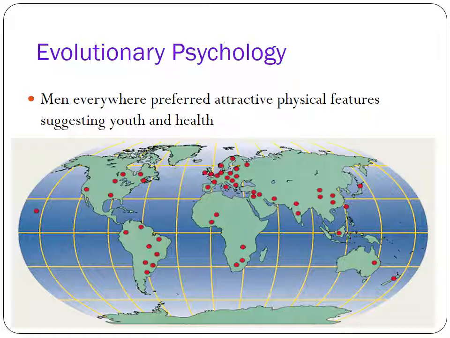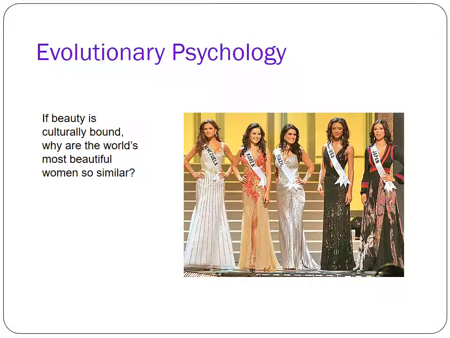Now everyone says beauty is in the eye of the beholder. That's true. But when men look for partners, they're looking for youth and health, whatever that might be for their culture. So when people make the statement that beauty is in the eye of the beholder, my question is, if we go to something like the Miss Universe pageant, and here you have Venezuela, Korea, Brazil, the United States, and Japan, and you have a range of different colors, but ultimately they look pretty much the same. Long shiny hair, healthy glowing skin, they seem rather in shape and healthy.